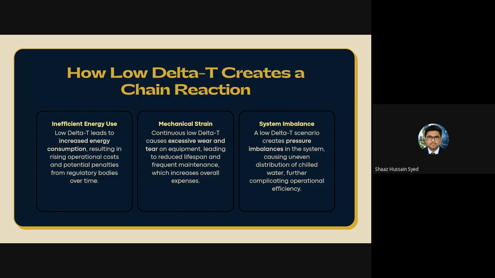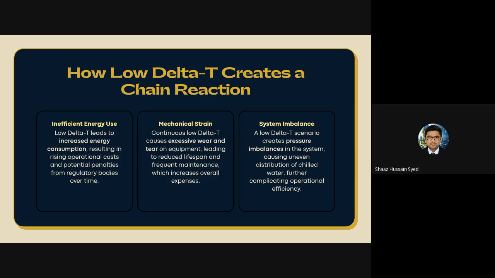Due to this, what happens? The valve will open fully and try to pump more water into the network so that the room gets colder. And this is a chain reaction. This goes to your differential pressure sensors and tells the pumps to increase the speed. And then again, the secondary flow increases. This transfers the load to your primary side and the primary flow rises.